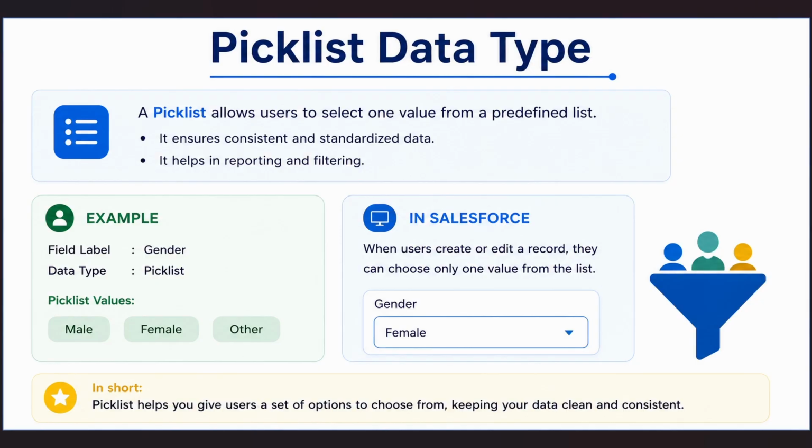Okay, so for example, suppose we are creating a gender field. Instead of allowing users to type anything, we can provide three options: male, female, and other. Now the user simply chooses one of these values from a drop down list, and this helps keep the data